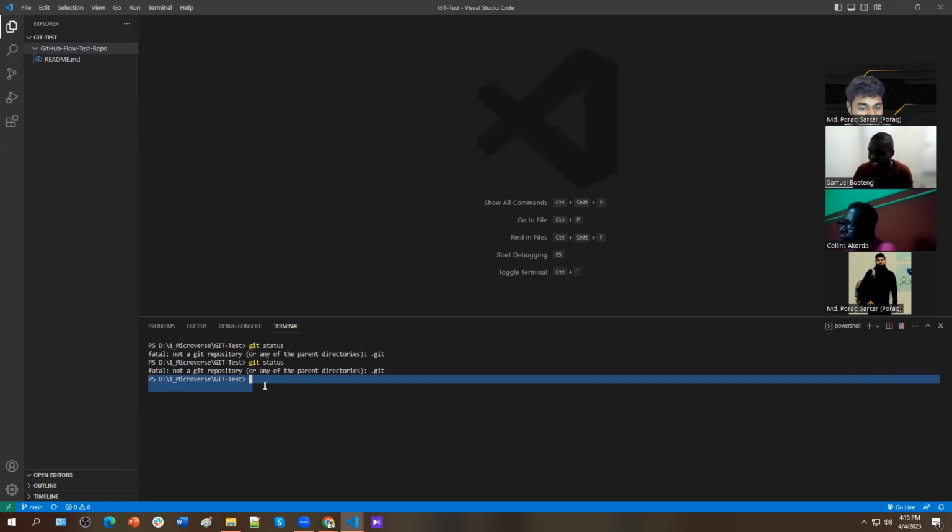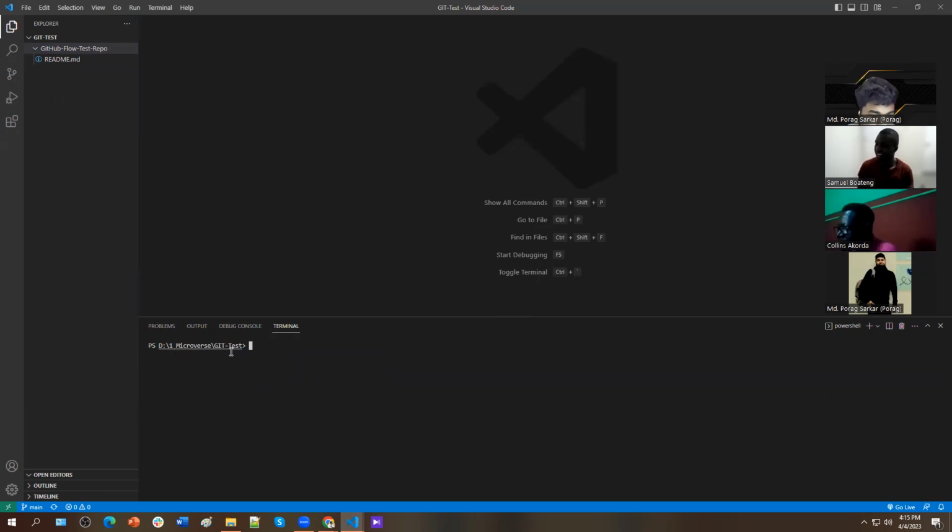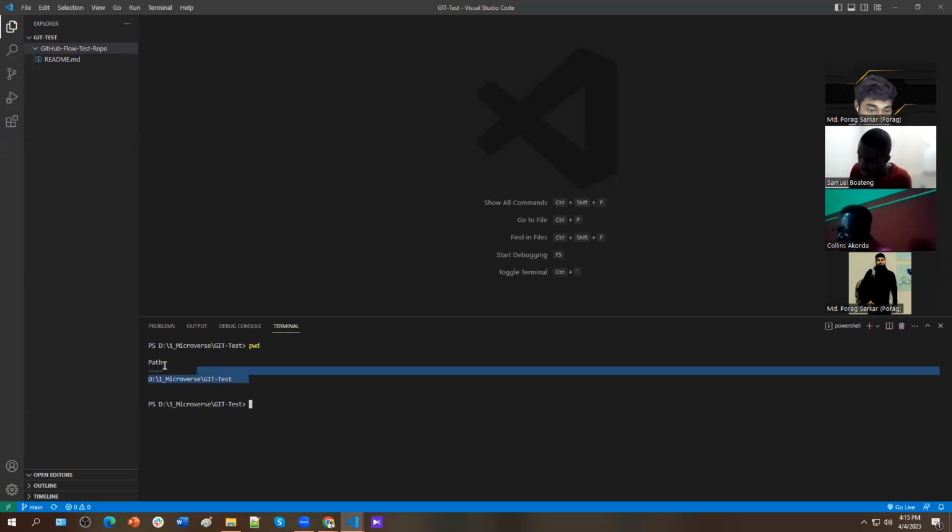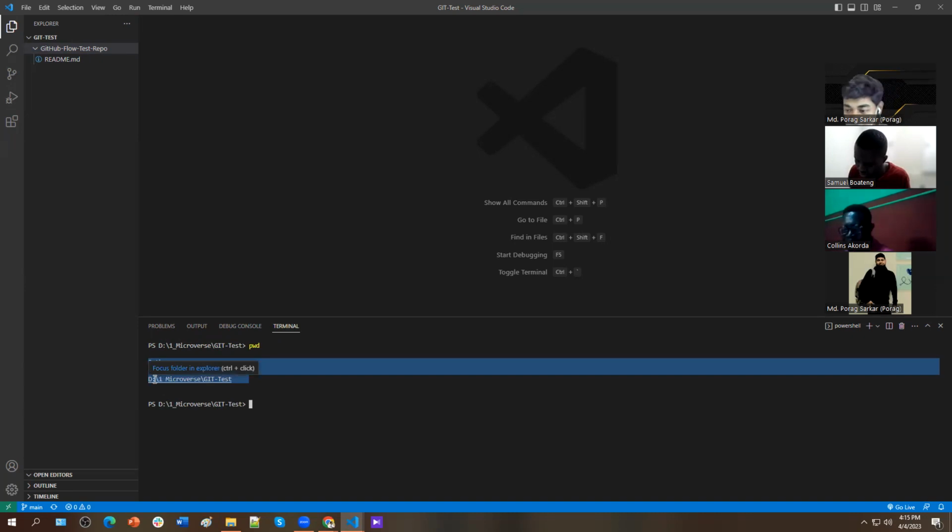So right now what I have to do, I'm going to clear the screen. So you can see I'm on Git test, and there is a command. Let me put that, pwd, present working directory. P for present, W for working, and D for directory. If you write pwd and hit enter, it will give you the path you are in. So you can see, right, the path. I'm on Git test folder, which is under microverse folder, which is under the D folder or the memory section